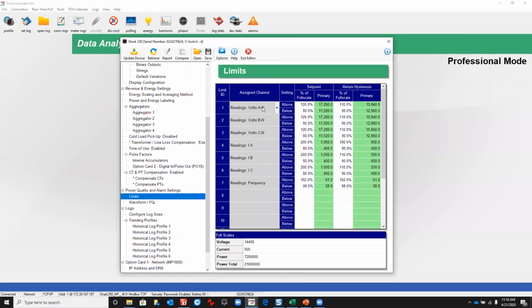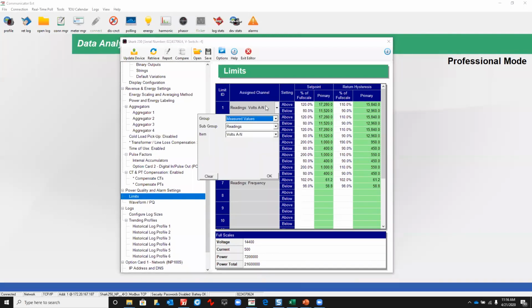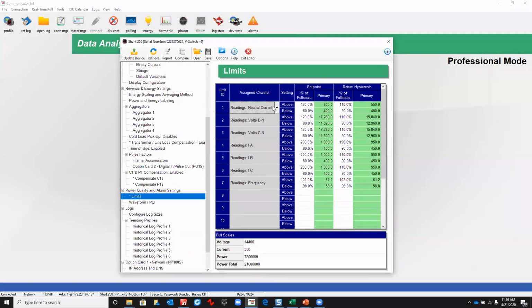And here you have the option of selecting all the different voltages, A, B, C, and in this particular case, it's a very friendly arrangement where you can choose whichever you want: voltage, current, min, max demand, average demand, harmonics, and you can look at all your different values, your current, voltage, watts, VARs, power factor, frequency, your neutral current, and so on. So you have a multitude of choices to choose from. So you have to decide what your set point should be,